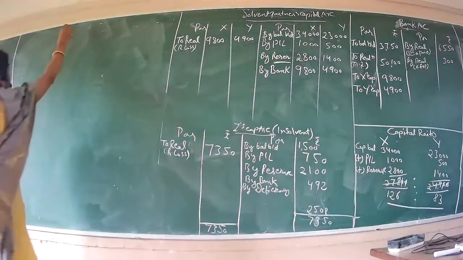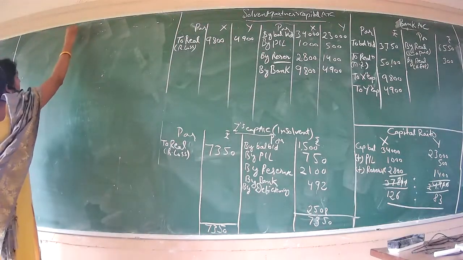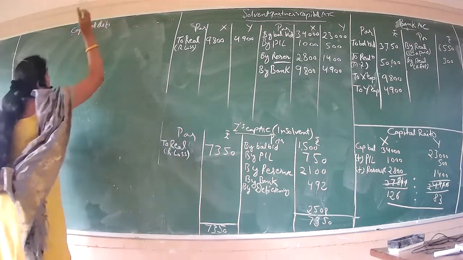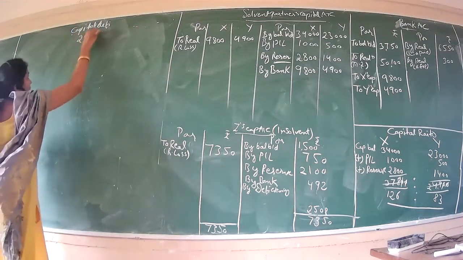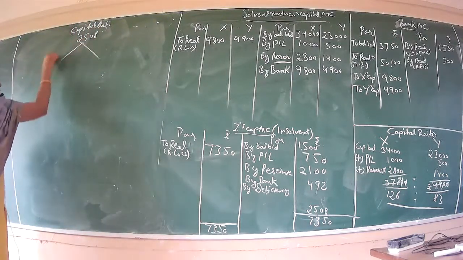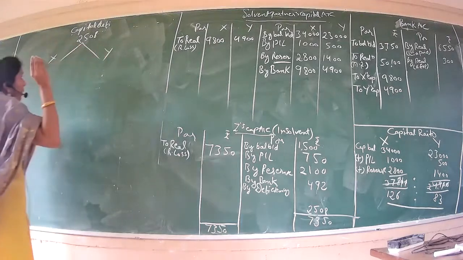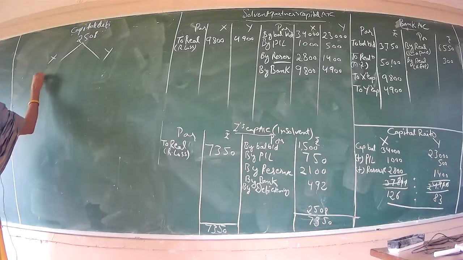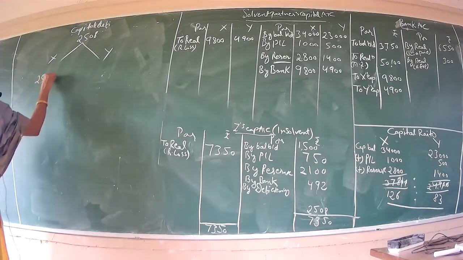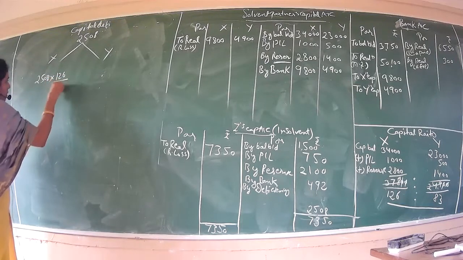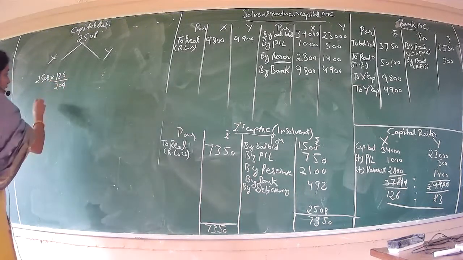Realization account over. So here we'll try to go for the distribution of capital deficiency. Capital deficiency amount we have 2,508. Okay, we have to divide among the solvent partners, one is your X, one is your Y, and the ratio we have got is 126 to 83. Amount 2,508, 126 divided by 209, 126 plus 83.